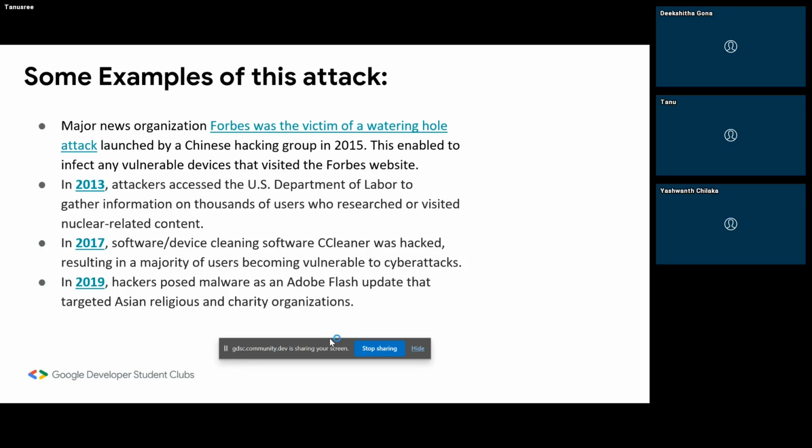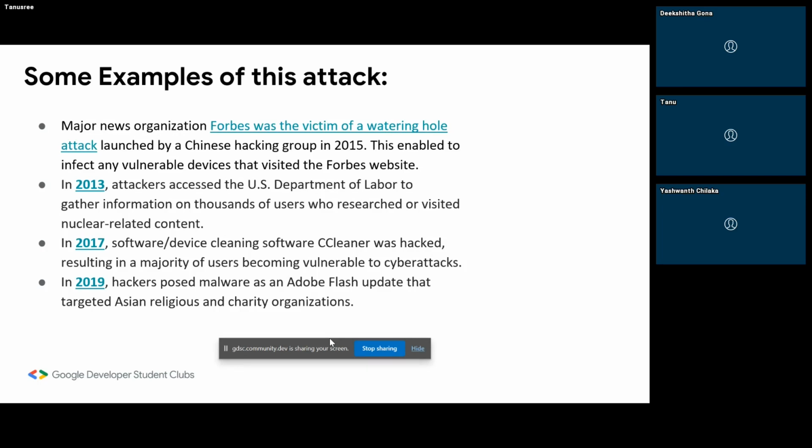This led to an attack. We also know Adobe Flash, which is used for antivirus and all in our computers. There was an update which needed to be taken, and that made the victims get attacked. In such a way, we unknowingly open some websites that could lead us to download any malware.